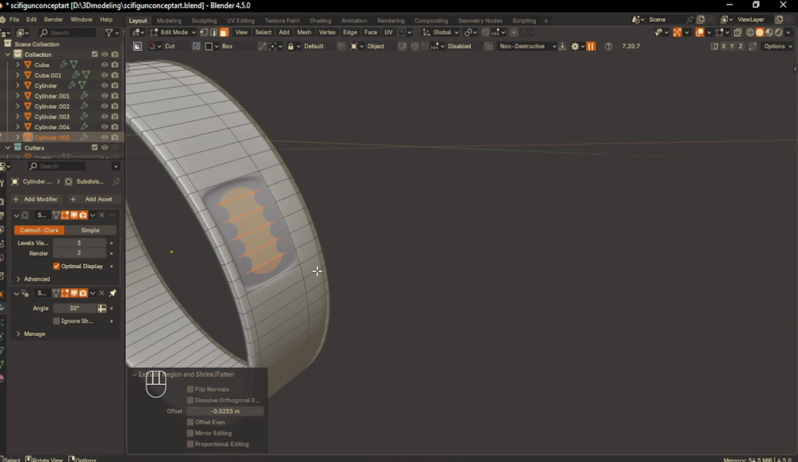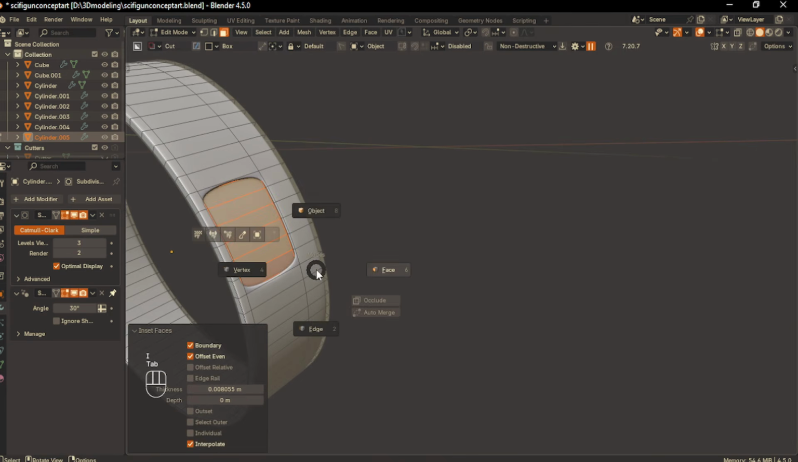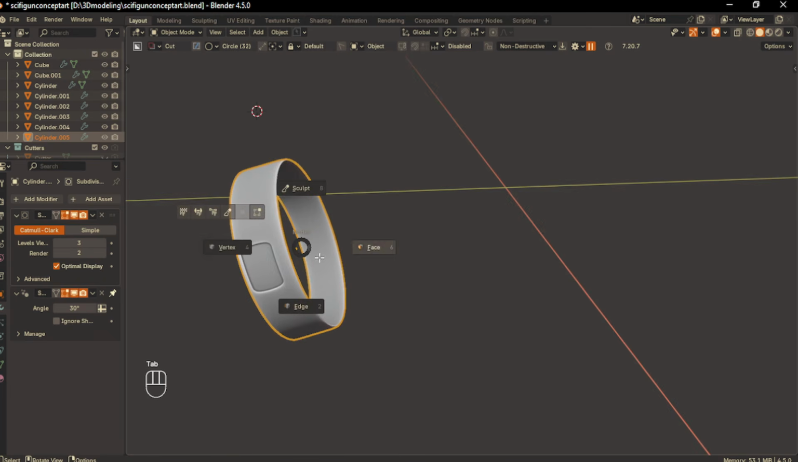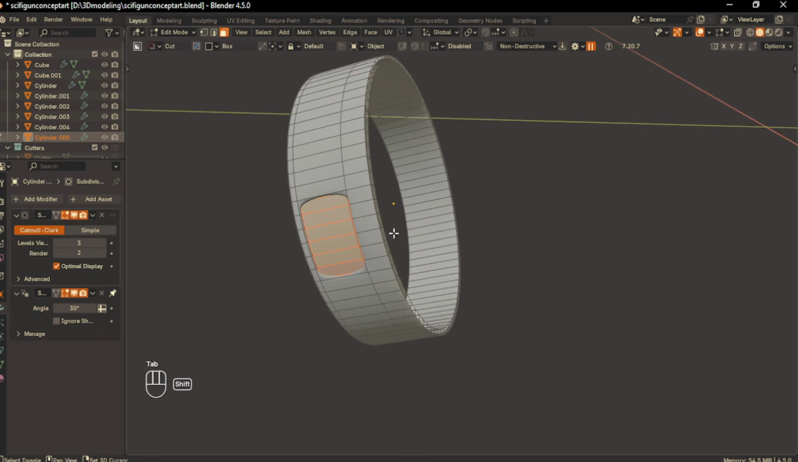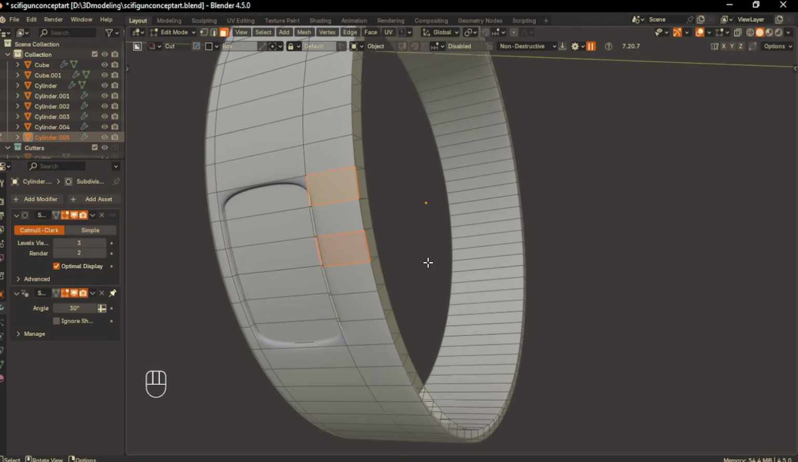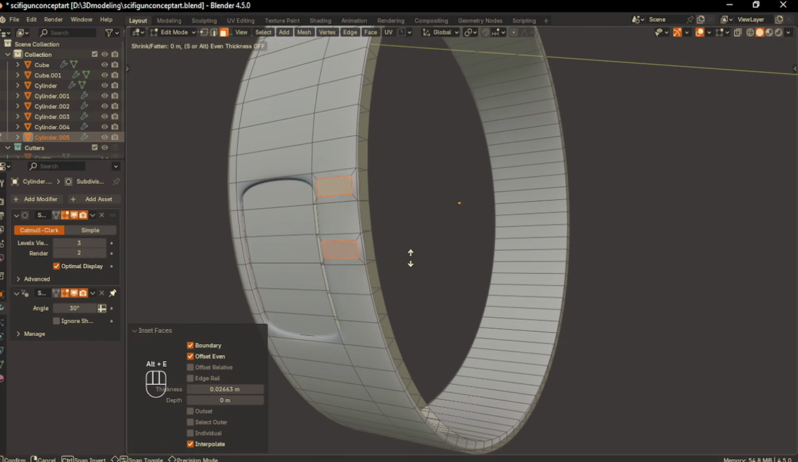Now, I'll select the 6 faces and hit Alt plus E and choose Extrude Along Normals and pull them inward. To sharpen the edges, I'll press I to inset those faces. That gives us a nice clean detail. Let's add even more fun. I'll grab these 2 faces, inset them and extrude them outward just a bit